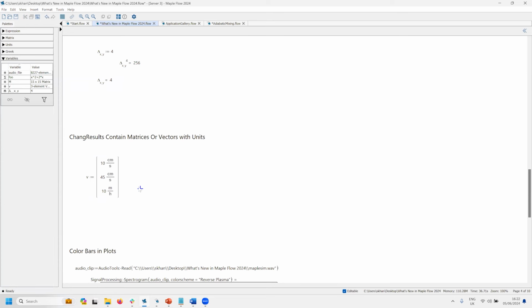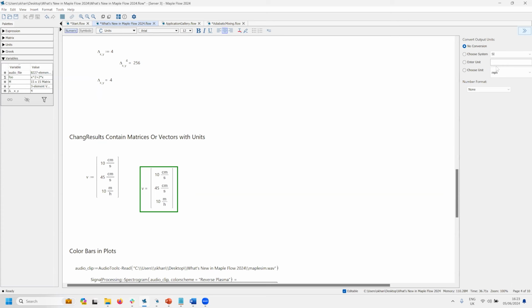So here I defined a vector, and if I evaluate it, it gives me that. Obviously, I've defined a vector of speeds, velocities. Let's say I wanted to change all of the velocities in that vector to something else. Well, there's a really simple way I can do that with the context panel. So if I press End at this point and expand the context panel,